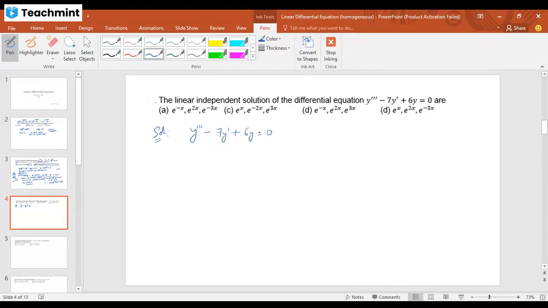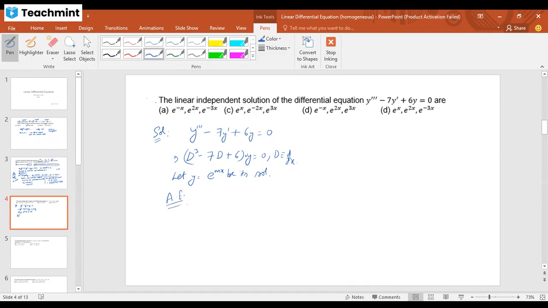So firstly, we write the equation in the operator form, which is D cube minus 7D plus 6 times y equal to 0. Here we are assuming D as a differential operator d by dx. Then we assume let y equal to e raised to the power mx be its solution. Okay, so we'll get the auxiliary equation as